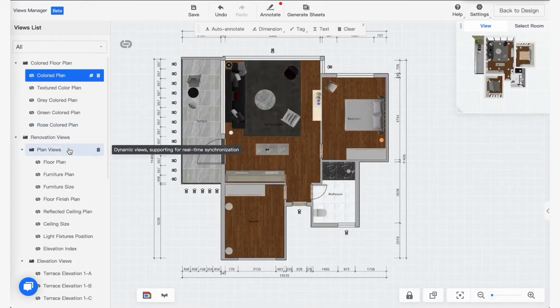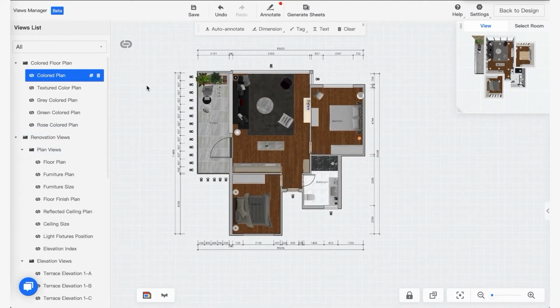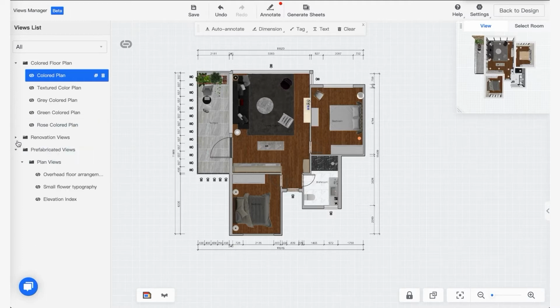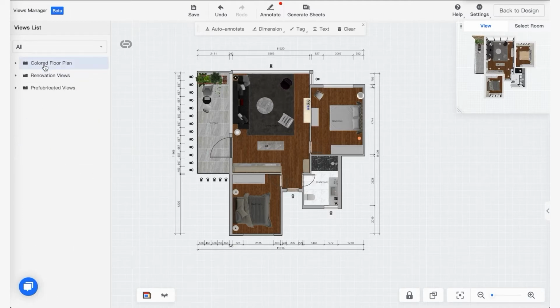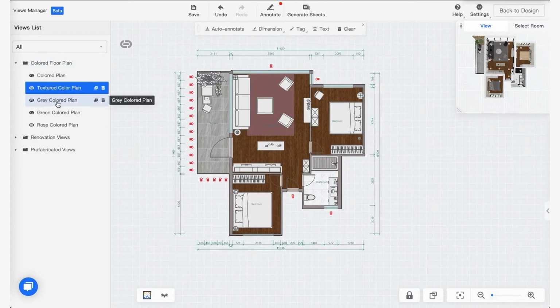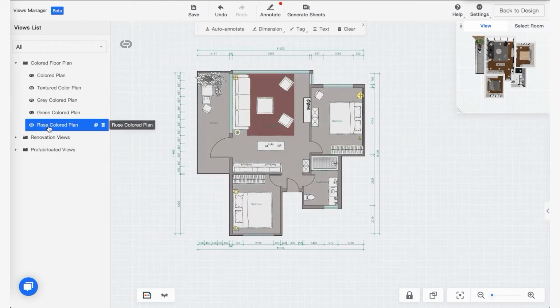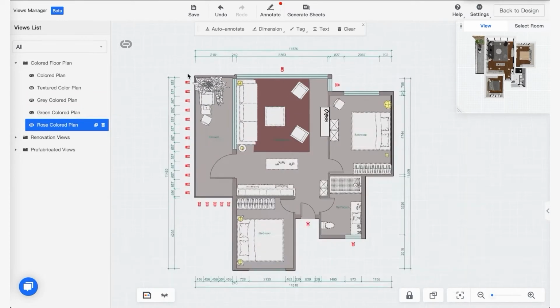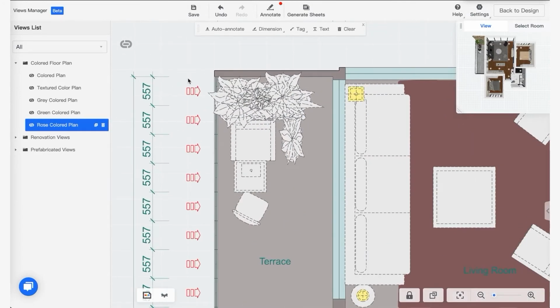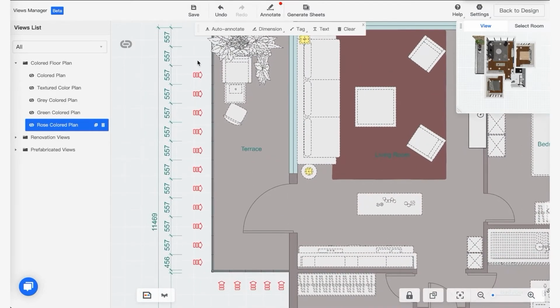What's really amazing about this construction drawing set is I actually did not do anything to generate those drawings. You can see there are a few big categories in here. We have color floor plan. Those are great for presentation purposes to a client, especially like this one. They have different color options and are also fully dimensioned. Not to mention, if you zoom in onto the plan, you will have the option to control-click and delete elements that you do not wish to see,